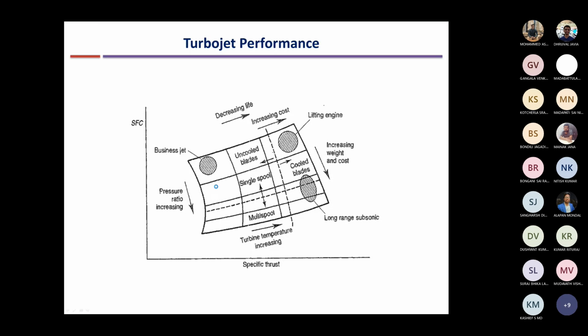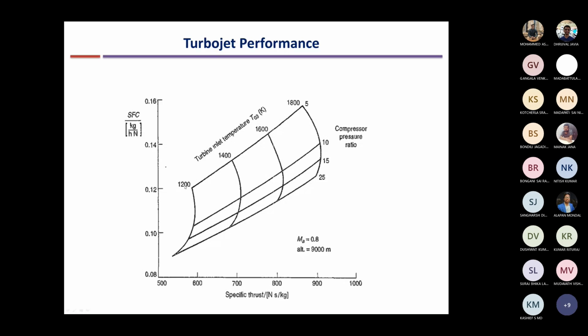So in this region, what is the value? Turbine inlet temperature will be low. A higher turbine inlet temperature means more cost because you need more costly turbine blades and more costly cooling techniques, better super alloys, better single crystals. So the further you go along this axis, along the temperature, the cost increases. And the further you go along the pressure ratio axis, the cost also increases because the number of stages of the compressor and of the turbine increases.